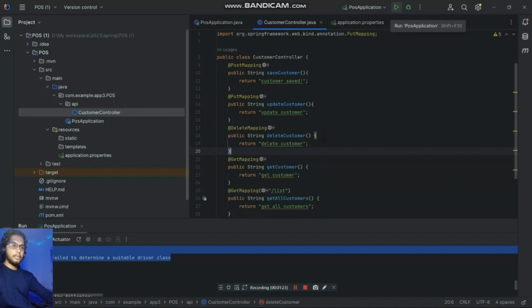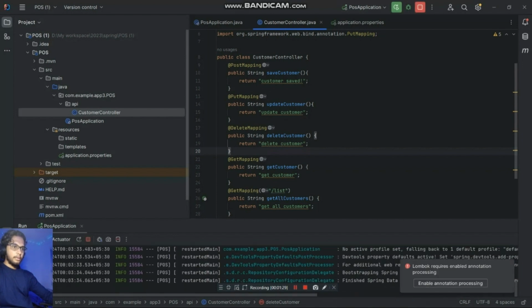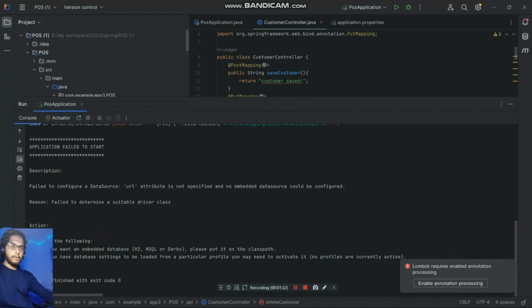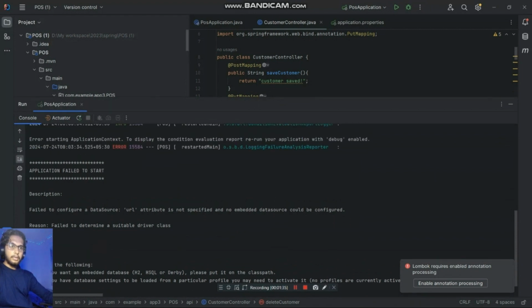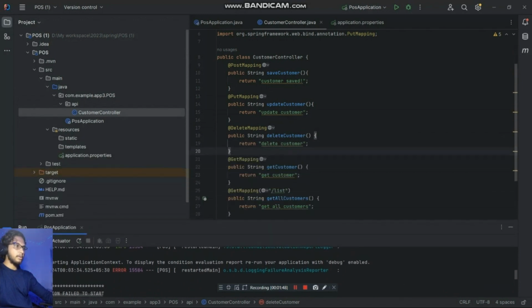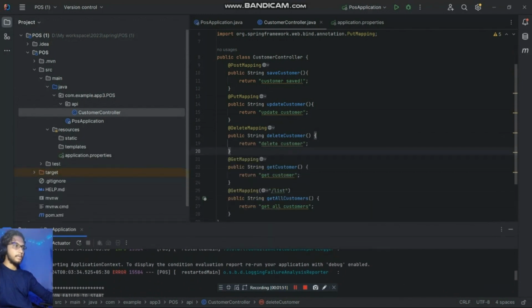And after that I run this application to see what happens, and it is running, and you guys can see here what error occurs right now. It's saying that failed to configure a data source. URL attribute is not specified and no embedded data source could be configured. So this error occurs because Spring Boot needs the database connection details to configure the database, and they are not specified here yet. So now I'm going to specify those things. To specify that, come to